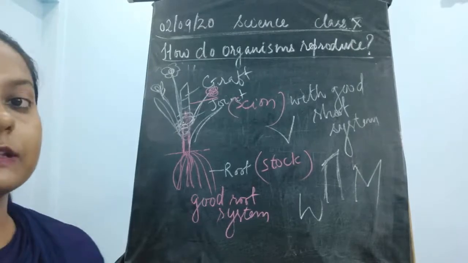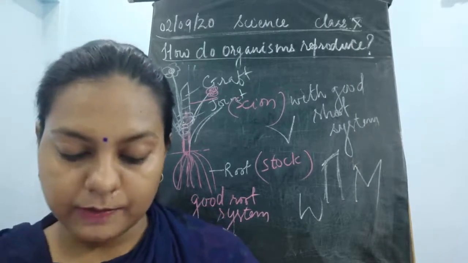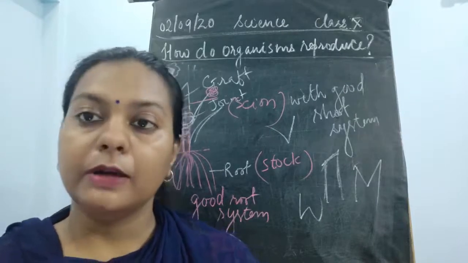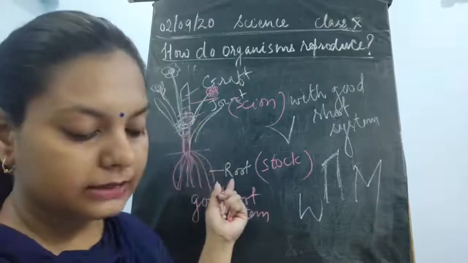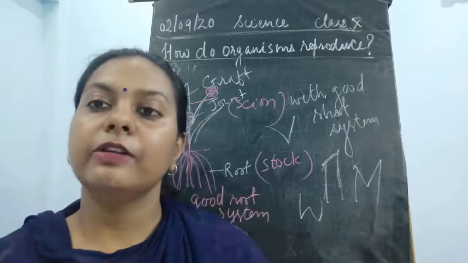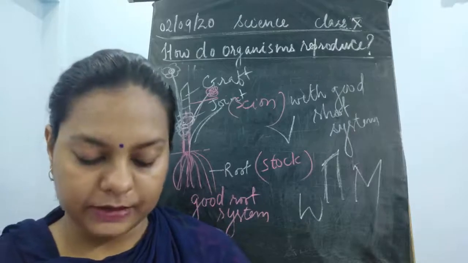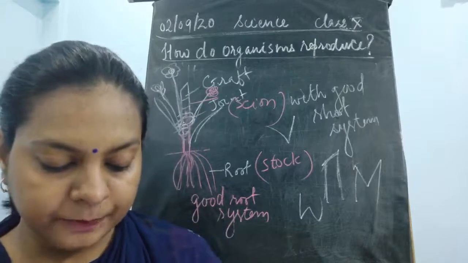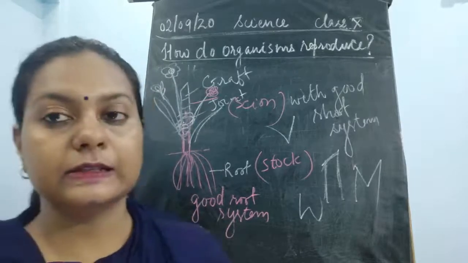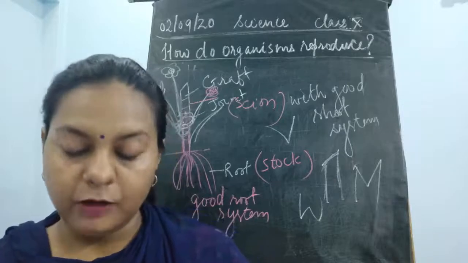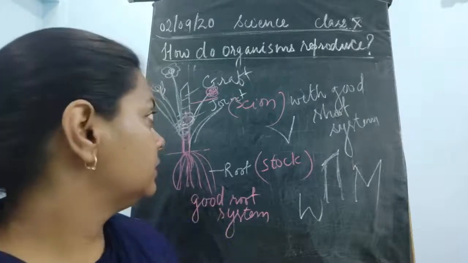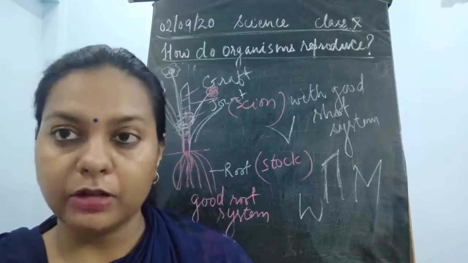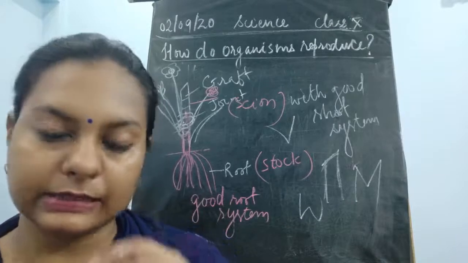In this, scion and the stalk are the main points to remember. In grafting, two plants are used to develop a new variety. A scion is the part which is above the ground, and stalk is the part which is below the ground. Here we are going to join this and leave it for some time, and after some time this is going to grow into a new plant with the good varieties. So runners we have seen in the part of the layering, and after that we saw the grafting also, and the last part that is left now is the tissue culture.